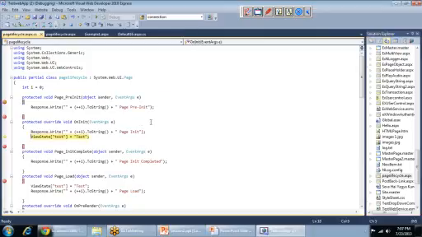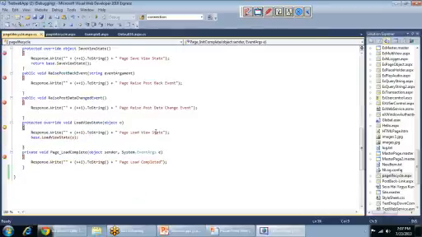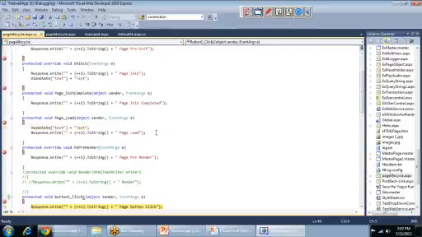Init complete, load view state, load, button click, page load, save view state.